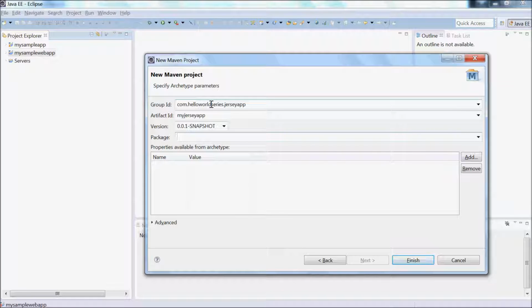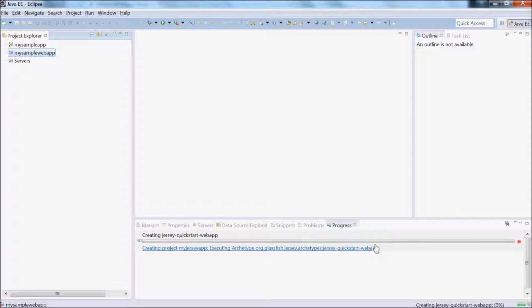So let me copy this, put it here again, say finish. It's creating this new project using this archetype. So let it create and let's wait.